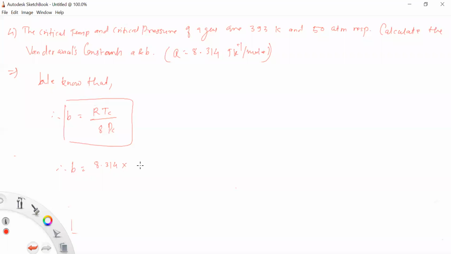8.314 into TC दिलेला आहे 393 upon 8 into PC. PC दिलेला आहे that is 50 atmospheric pressure. त्याला आपण मल्टिप्लाय करतोय फॅक्टर्सनी, 1.013 into 10 raised to power 5, या फॅक्टर्सनी मल्टिप्लाय करायचं आहे कारण ऍटमॉस्फेरिक प्रेशर मध्ये आहे त्याला आपण कन्वर्ट करतोय. So when you calculate this and divide this figure by these figures, we have the